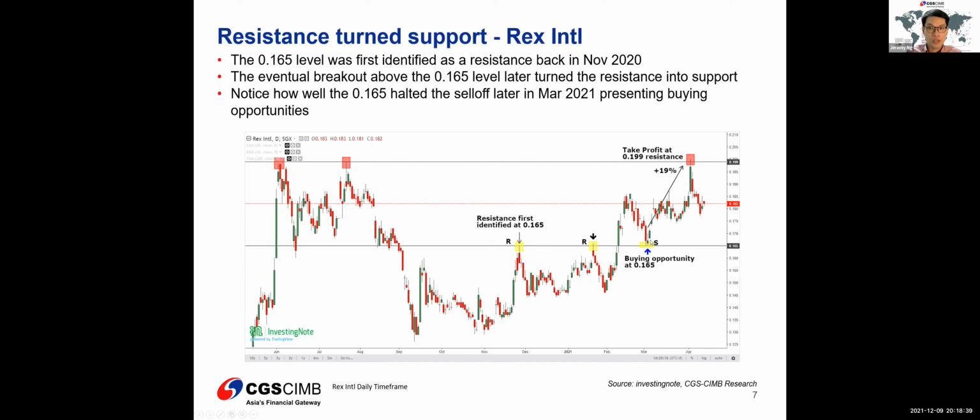But basically for this trade, if you were to follow this particular trending trade setup, once we enter this trade at 16.5 cents, we would look to take profit around this level at 19.9 cents, mainly due to the fact that there was resistance formed back in June as well as July of